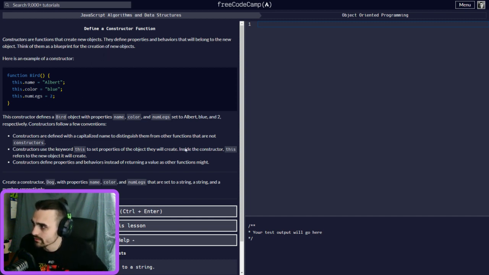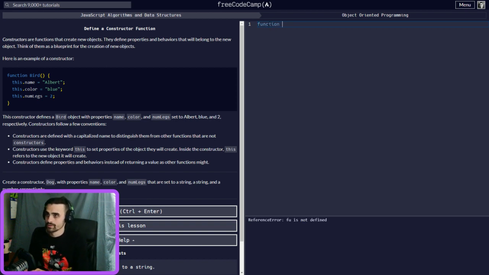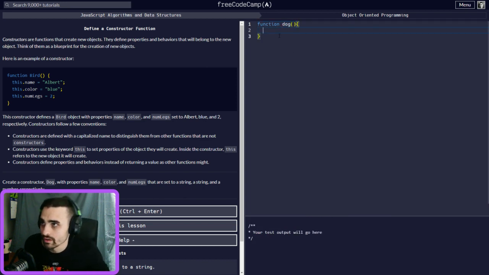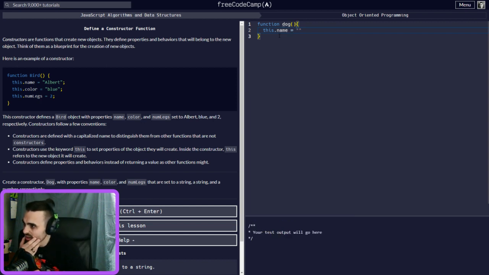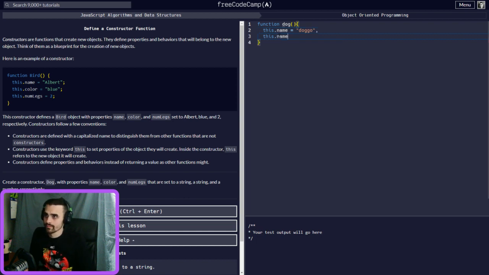So how we do that is we're going to write function Dog. Now we make the Dog function, but it's actually going to be an object. So we do this.name equals, okay, doggo.